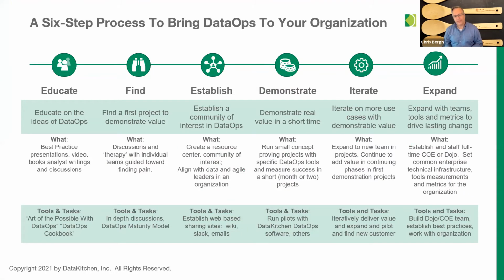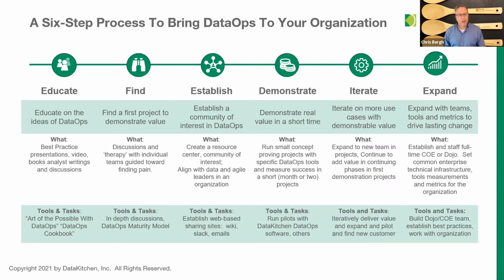And so we've put together a 6-step process to help people. And I'm going to talk through these 6 steps, but in this slide, I'm going to give kind of an overview of what they are. The first step is really educate on the idea and possibilities of data ops. It's a term, like I said, there's a lot of different people out there saying different things about data ops, but what is it? How does it make sense? And what are the ideas behind it? And I'm a big believer that the principles of data ops are independent of how you actually do data ops, and trying to educate people on the principles and that it's actually possible to make these changes.